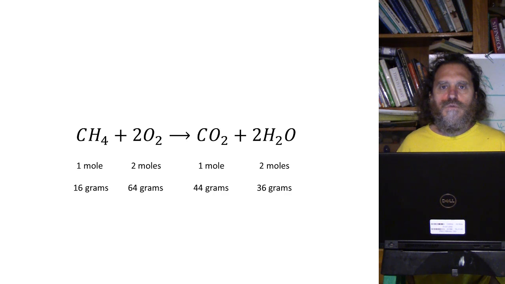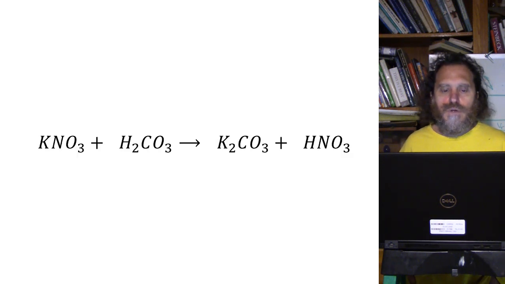So let's do a few more of these balancing of chemical reaction equations. So here's another chemical reaction. Potassium nitrate reacts with, I think this is called carbonic acid, to get potassium carbonate, and this is, I believe, nitric acid. So, okay, we want to make sure that the numbers of atoms of each element